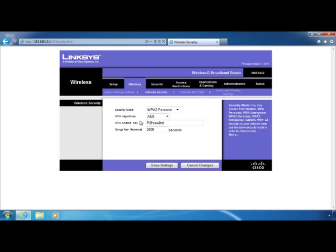Okay, the first thing is that I get to choose between the different algorithms, which again, I'm not going to go into here. More specifically, this is the part I will talk about here: you need to enter in the WPA shared key. In other words, this is the passphrase that a user would need to enter when trying to connect to this network. Okay, you'll notice that again, it automatically populated with how I had it set up previously,